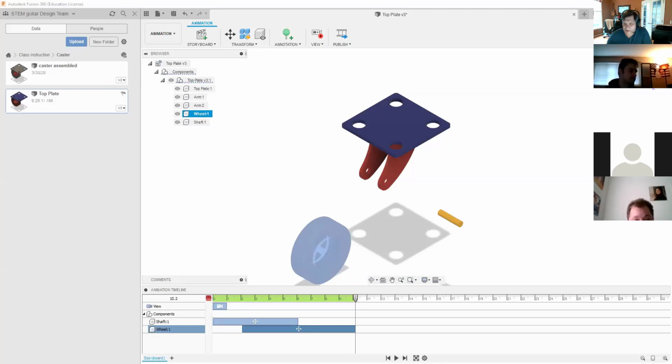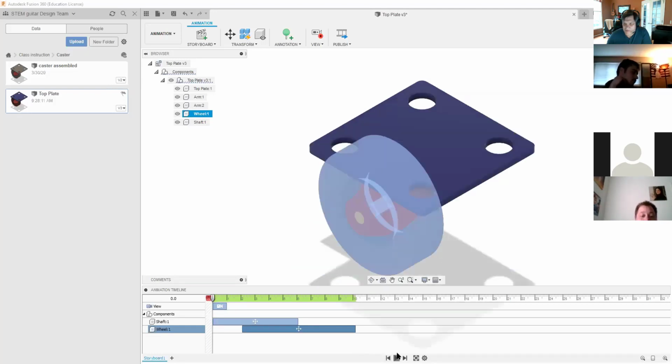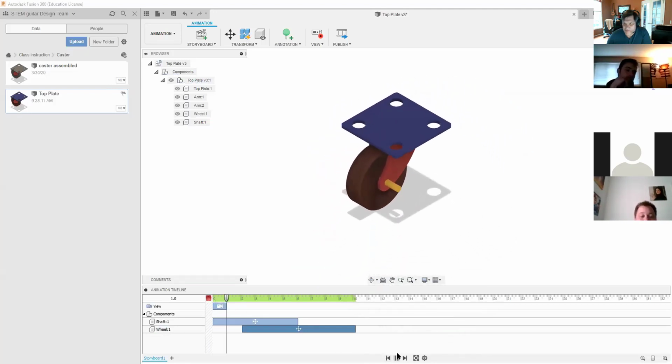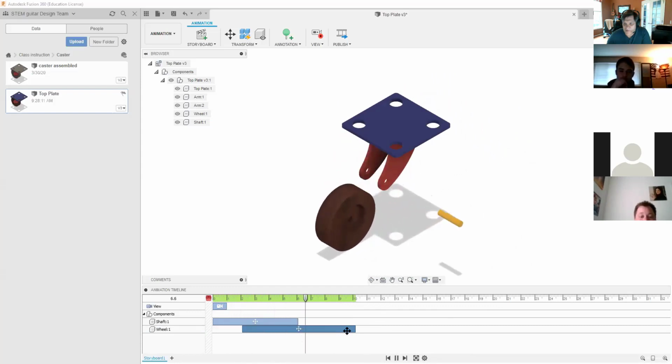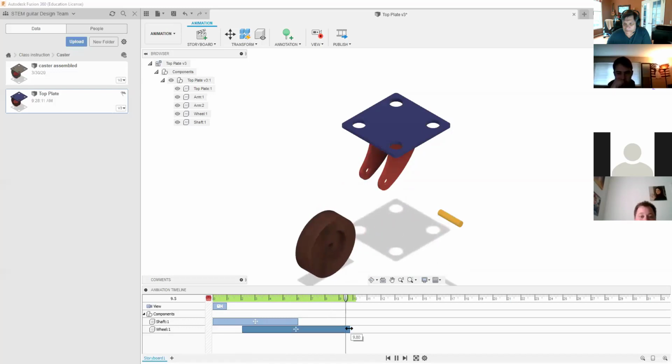Interesting. Yep, still giving me 1 movement. But you have to think about, how does the part come up, how does this assembly come apart? From here, we can then,